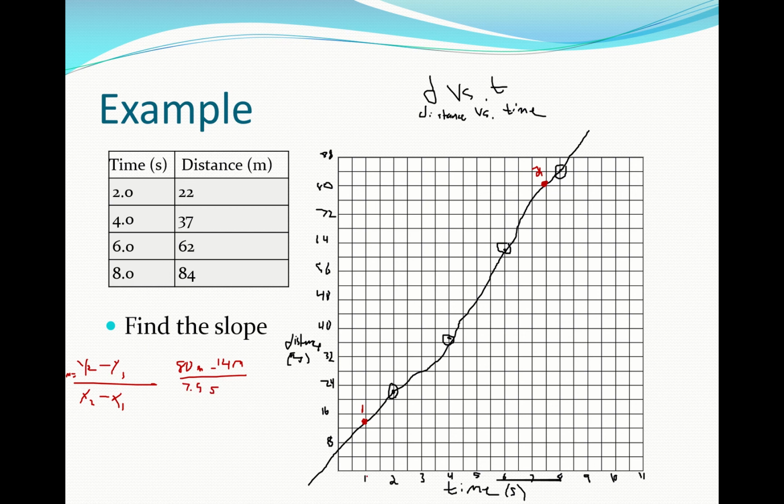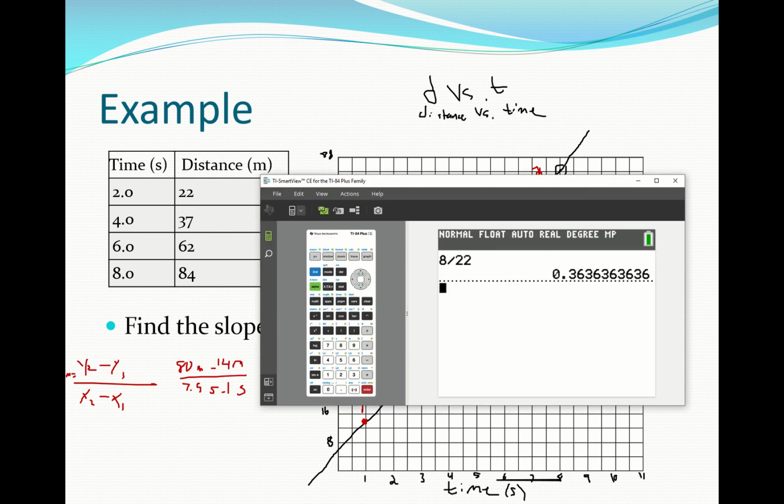And x1 is 1 second, so minus 1 second. Okay, so I can find my slope using my calculator. I'll go 80 minus 14 divided by 7.5 minus 1. And I get about 10